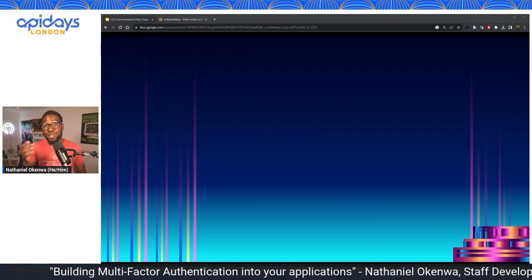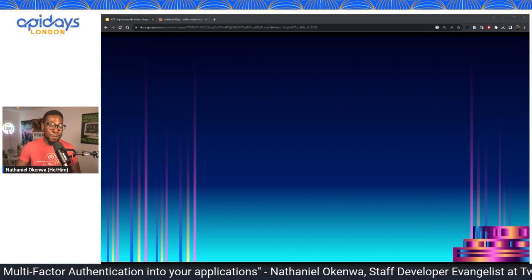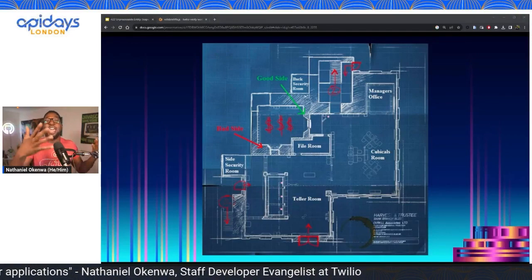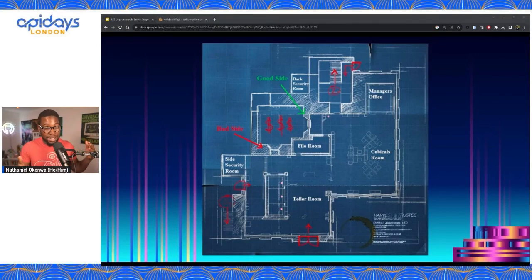So I went to a video game called Payday, where you try to break into a bank and steal stuff. So here are my fake bank blueprints. But even though they're fake blueprints, most banks, especially bigger ones, have a similar kind of vibe, and they have three key areas that I would like to talk about.